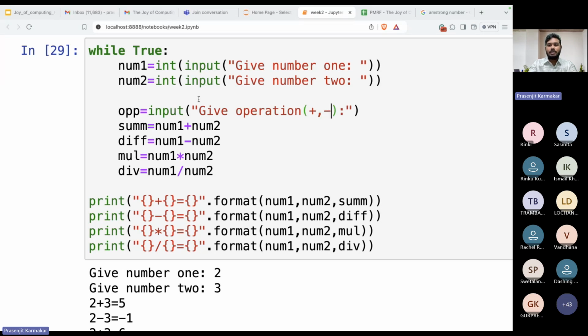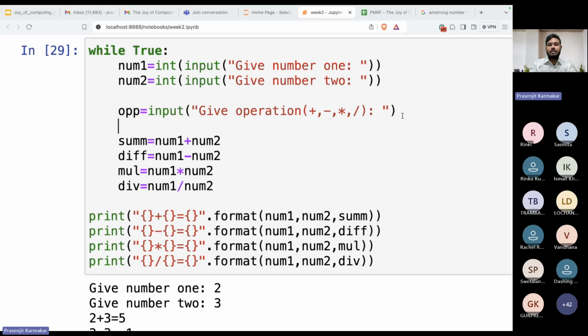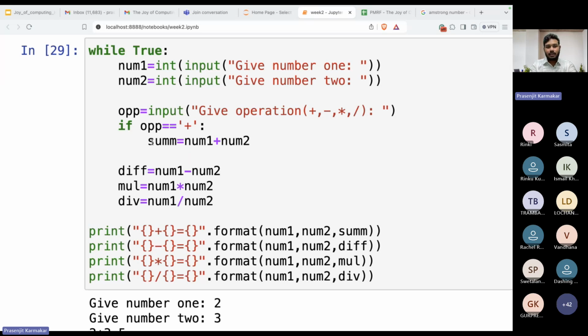Plus, minus, slash, star, right? So these are the operations I want to do. So now op will be one of them. So check if op is equal to plus, then I will be doing this, else